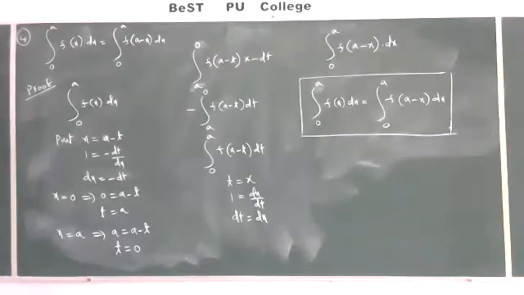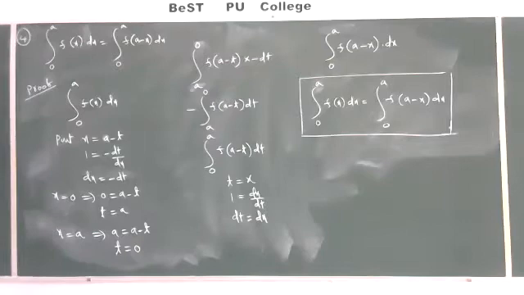The first and second properties are basic properties, but from the third onwards, every property is very, very important. At PUC level, there is a compulsory 10 marks question in the last section. In that 10 marks question, from the third property onwards, third, fourth, fifth, sixth, 4 or 5 properties are there. One property is given and one problem including that property is given in the examinations. Just verify the previous papers and you will understand.